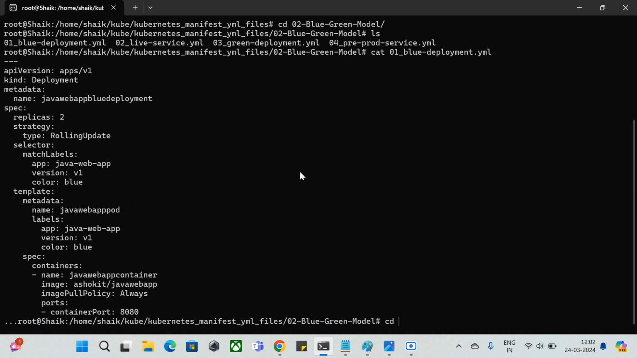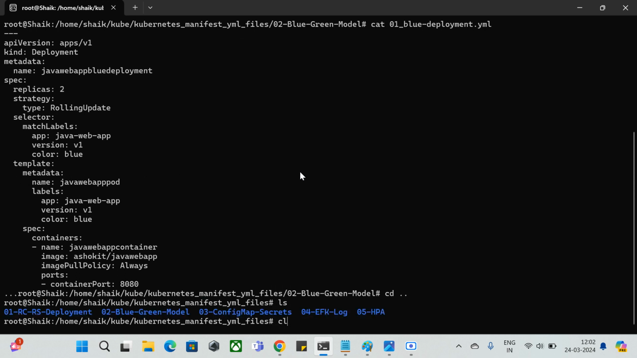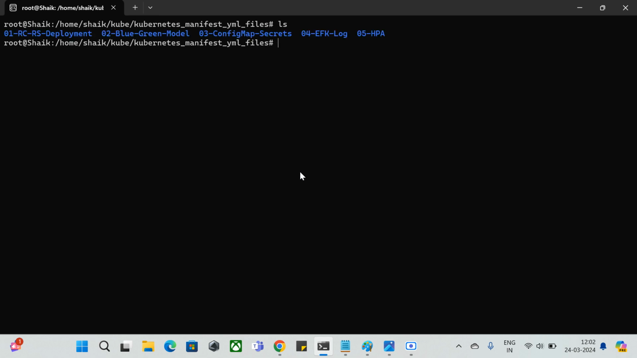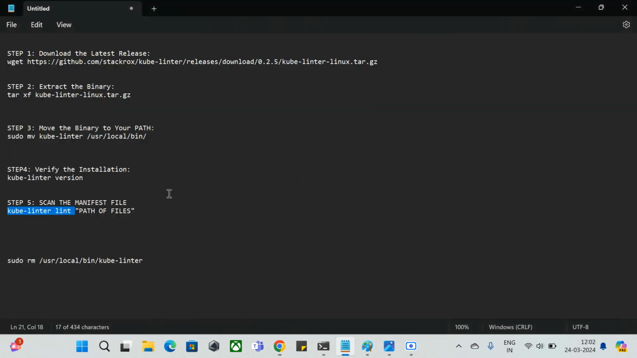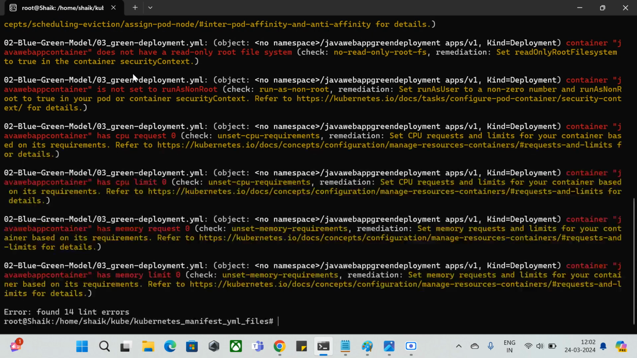For that, let me come down, and if I do ls, we are at the right path. So I'm going to take the kube-linter command, and I'm going to pass the folder name, which is 02 blue. This command will call the KubeLinter scanner, and it will take the entire 02 blue green model folder, whatever files are available inside it, and scan it. It will show you the best practices. So if I press enter, wow,